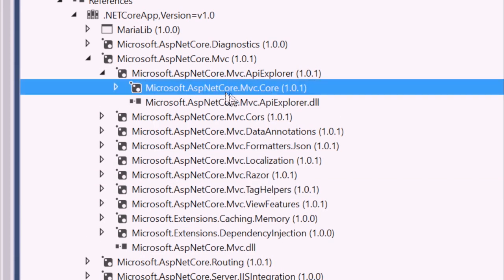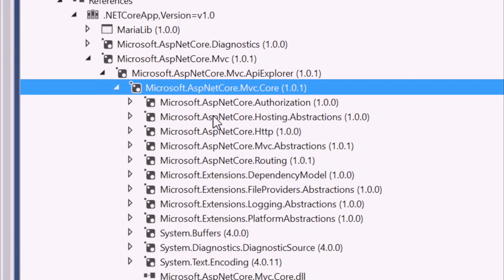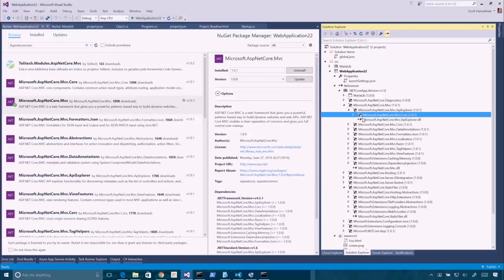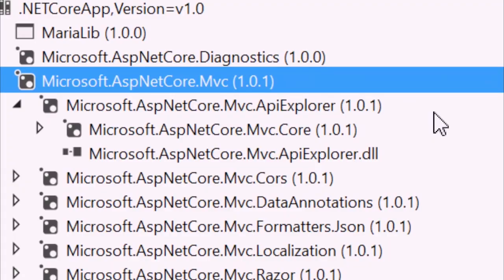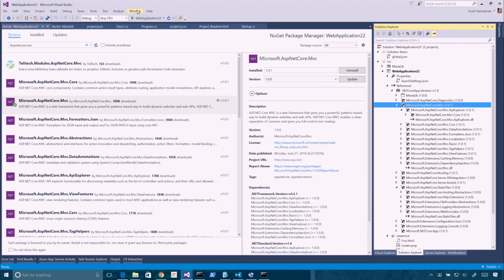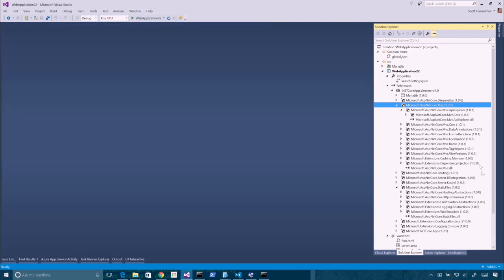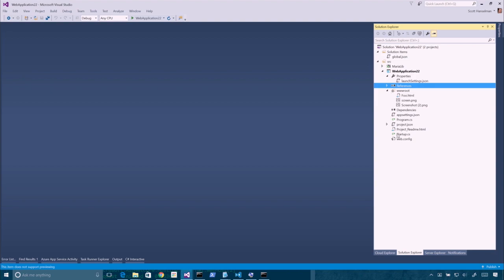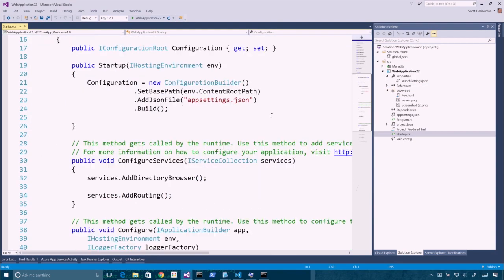And notice that there's that MVC.core. So it's going to show up anyway. If we had only installed that, we would be missing so much. You'd be missing some important things, and you might find yourself a little frustrated. So the point I'm making is that the top level is ASP.NET Core MVC, and that includes everything that we're going to want to make either HTML or JavaScript. So that's what we want to get. So if we go back over to